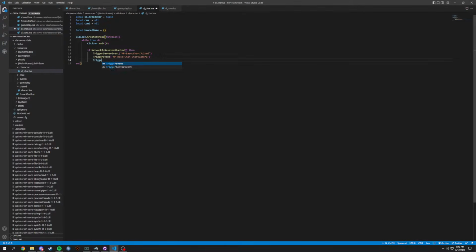And then we're going to have a couple more trigger events here, and one is going to be player logged in. So this last one we're going to do mp-base player log in. And then we're going to have this one. This one's actually going to be UI. So this is going to be a different resource. We're just going to put it in here because UI is